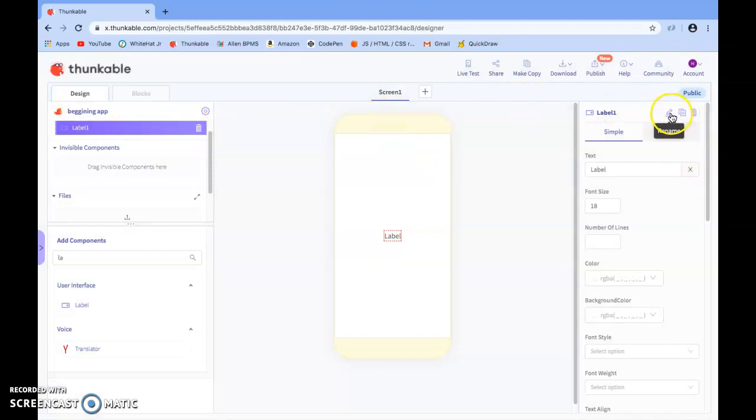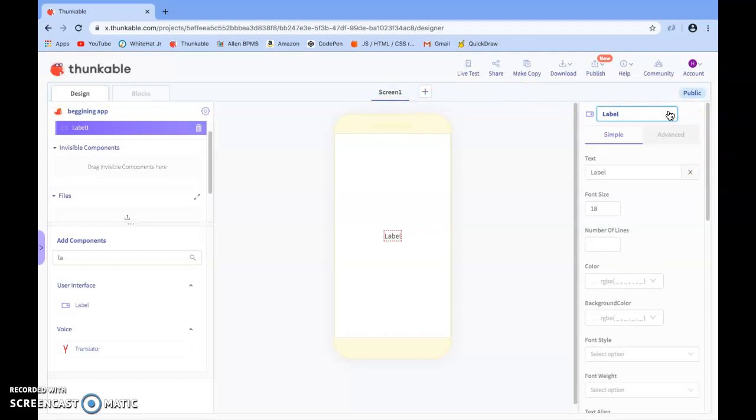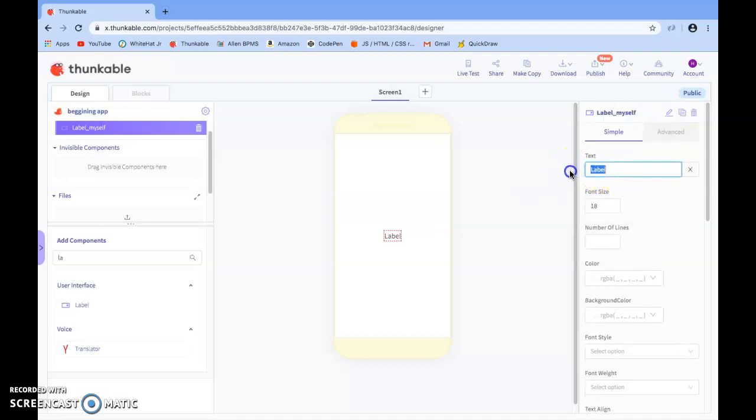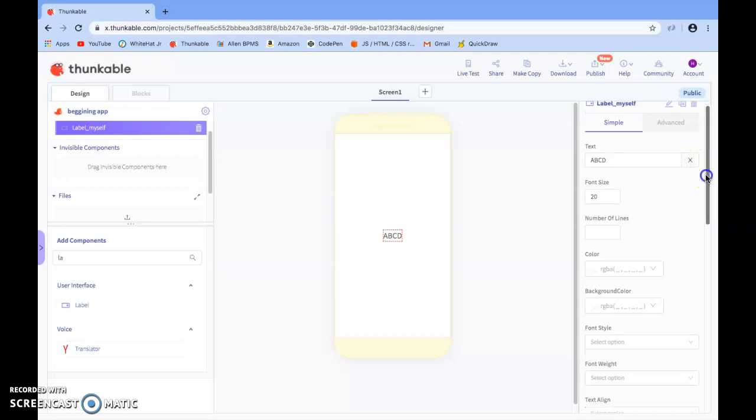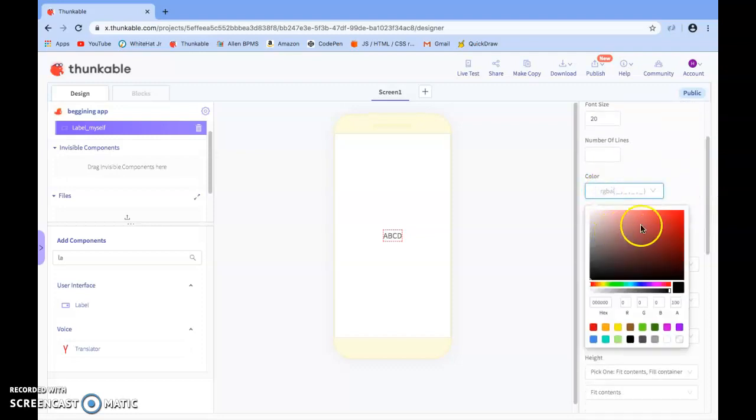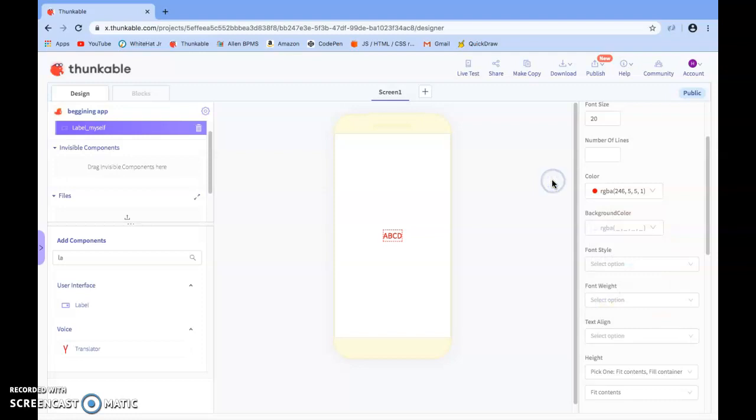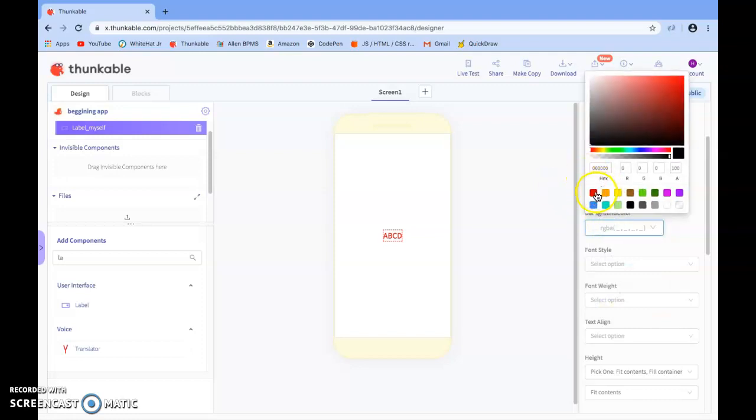Yeah, so we can even rename it. So I will give name label myself. Yeah, and we can write anything in the label, and we can also change the font size, or we can also change the color from here. We can change the background color of the label,